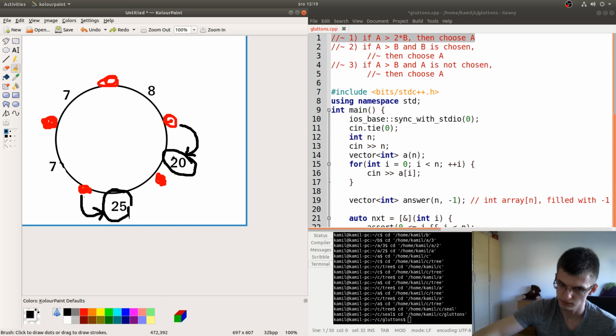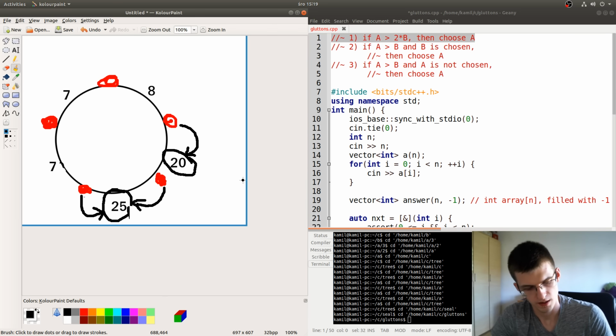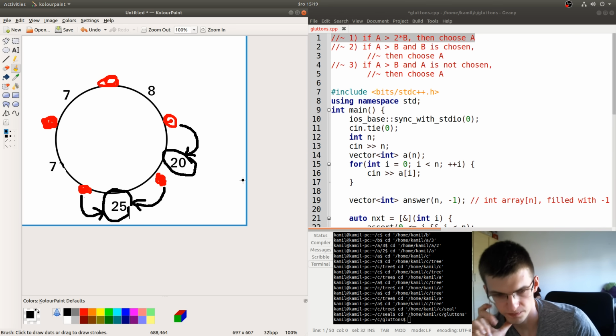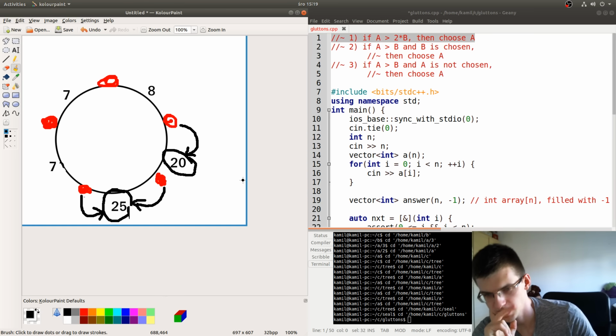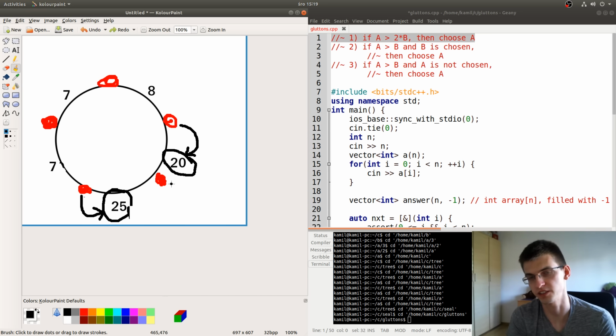But maybe now for every person what we can do is to greedily choose a cake that is better. Let's see if there are some issues with that. So like this person would take this cake. What are possible issues? The thing is that it must be true for this person, because his neighbors already decided their choices. So now this person will either get 10 or 12 and a half. So he must get 12 and a half.